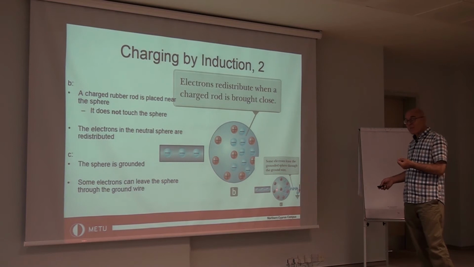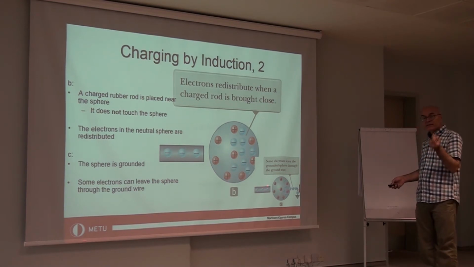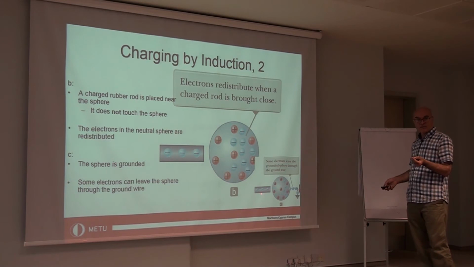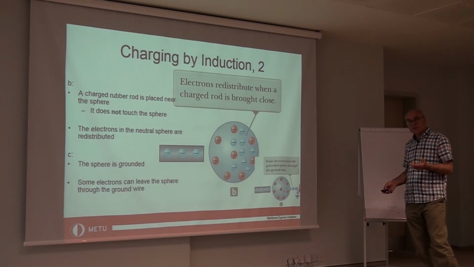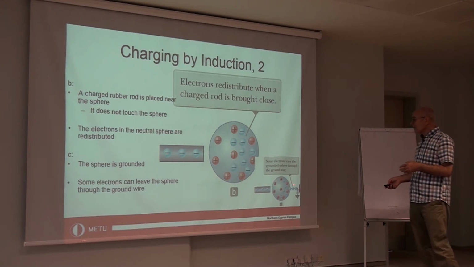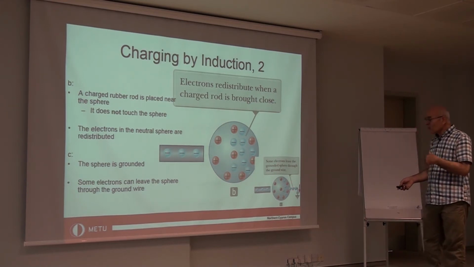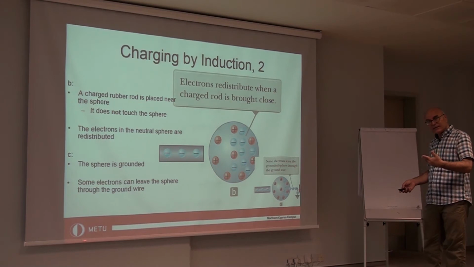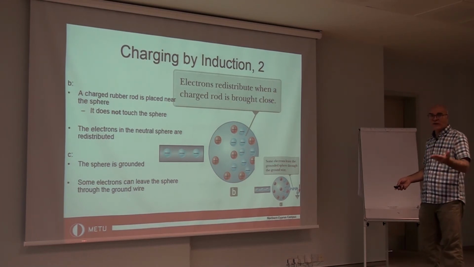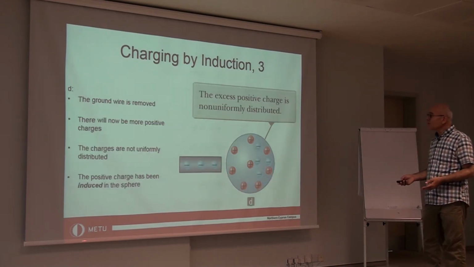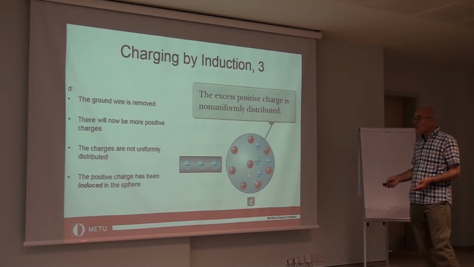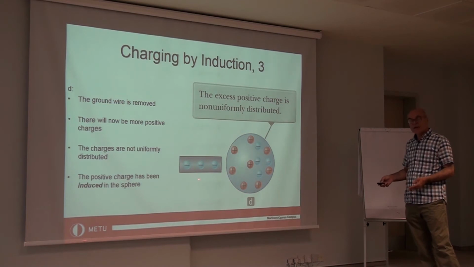This charge, however, now is not uniformly distributed. Okay, it is appearing here, but here in this area, we don't have charge. Now, what you do, we are not done yet. You want to have this charge permanent, and you want to have it distributed over the whole surface uniformly. So what you do, you cut or you remove the grounding while this is still there. What happens